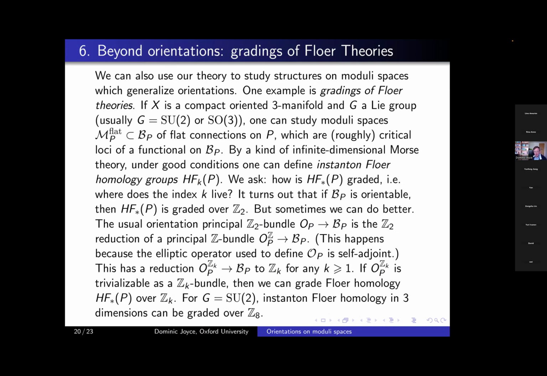Okay, so a well-known example is that if X is a compact oriented 3-manifold, and G is a Lie group, which is usually taken to be either SU2 or SO3, you can study moduli spaces of flat connections on the principal G bundle P. And these are, roughly speaking, critical loci of some kind of Morse functional on BP. Or you might need to take a covering space here. So by a kind of infinite dimensional Morse theory, under good conditions, you can define instanton Floer homology groups, HF star of P,